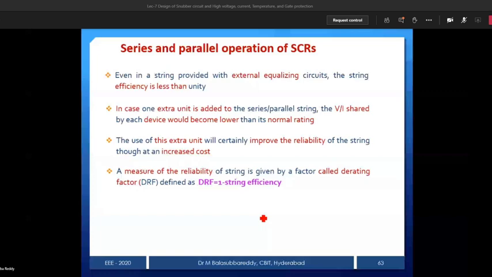The second case. The reason is you are not operating the device under full load condition. In the first case, to meet 100 ampere, you connected only 10 SCRs, so each SCR must carry the full load. That means it is operating under full load condition. But in the other case, you are operating under half load condition. So the failure of the device is minimum when you increase the number of SCRs for the same demand.